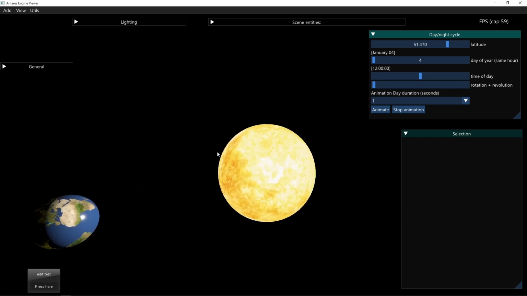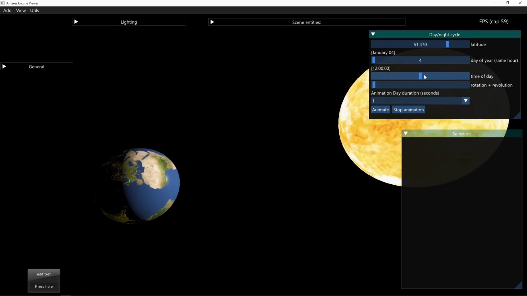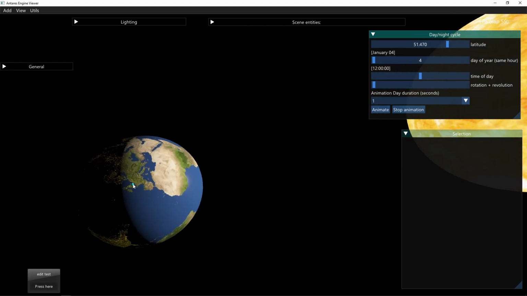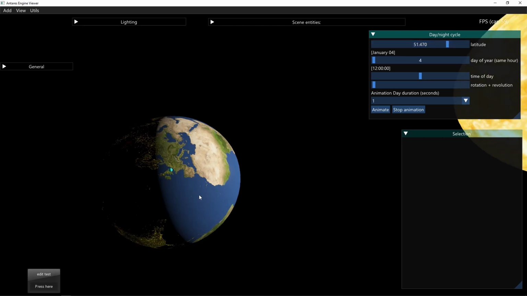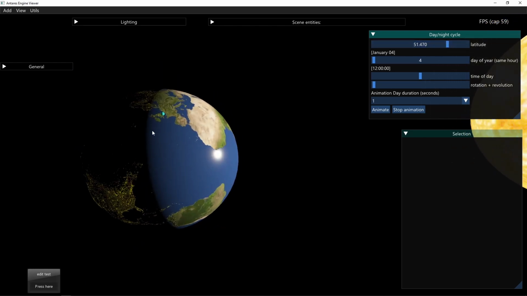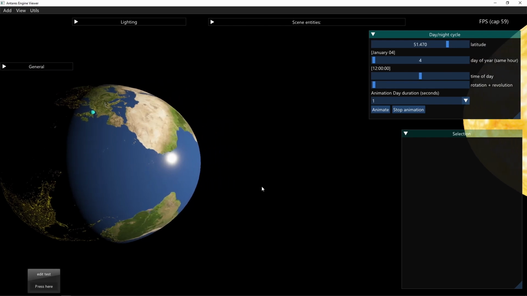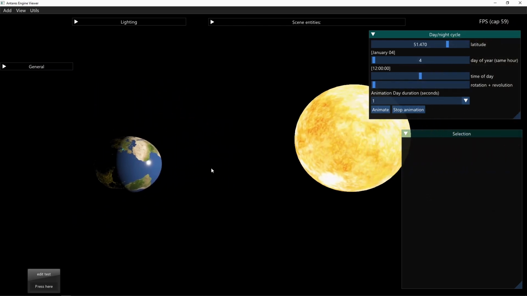We can see here that the time of the day is related to Greenwich, to the meridian of Greenwich, and this cursor points to a place on the Earth, at the latitude of Greenwich. So it's located in Greenwich,